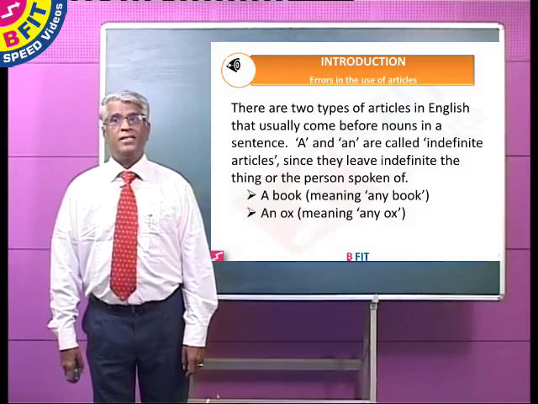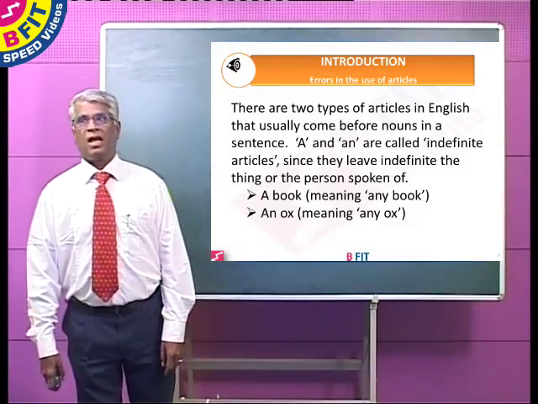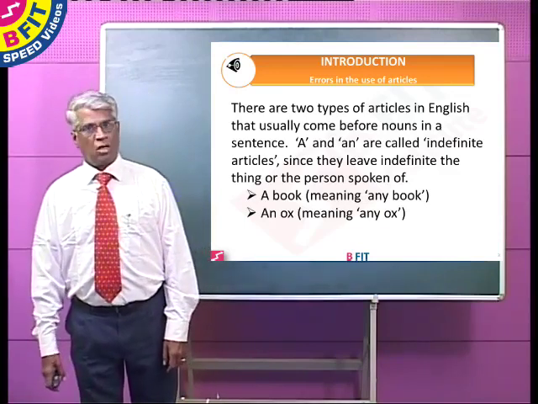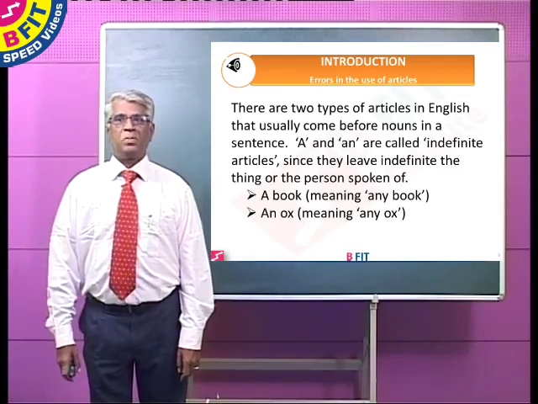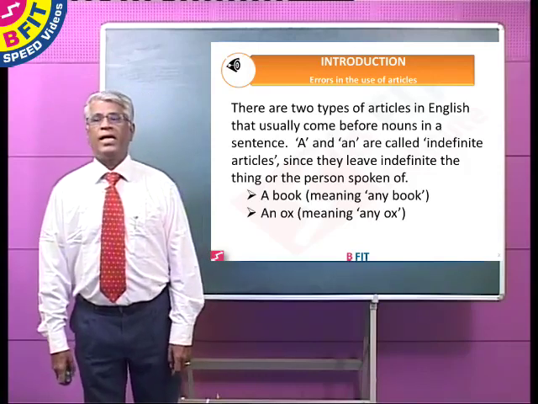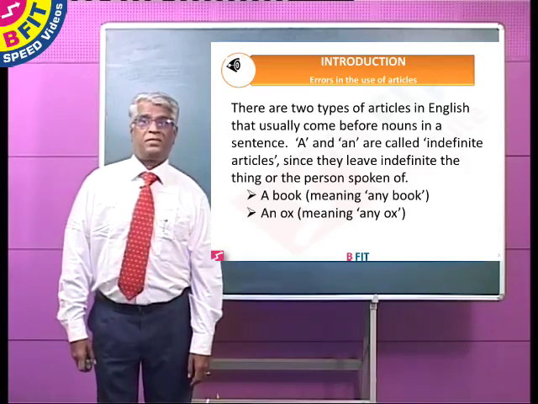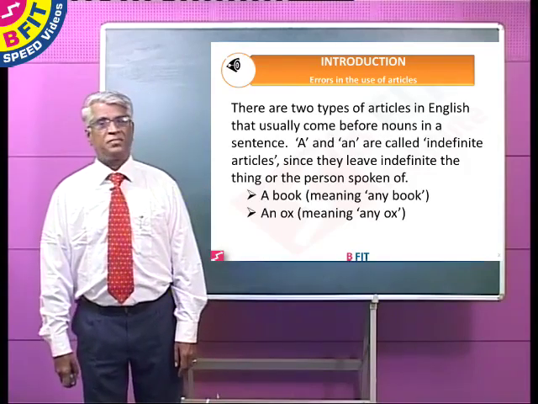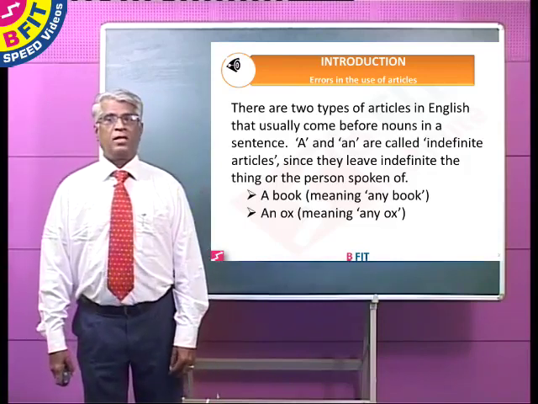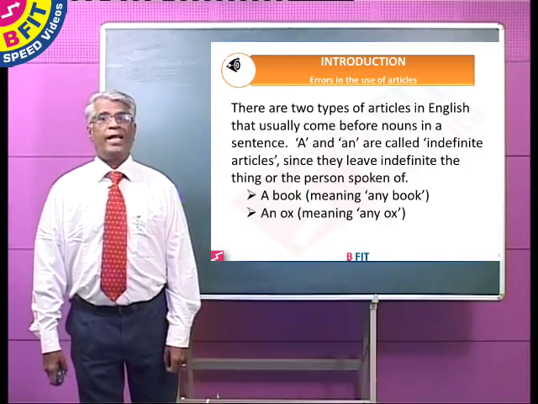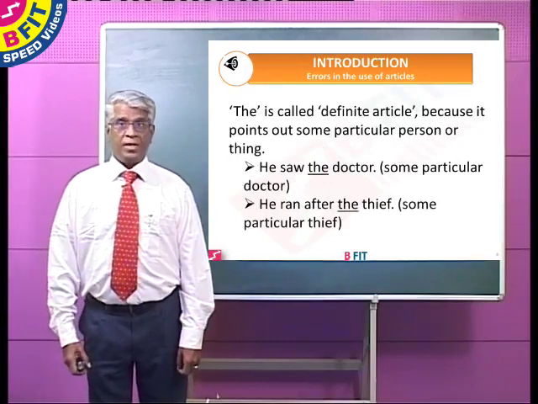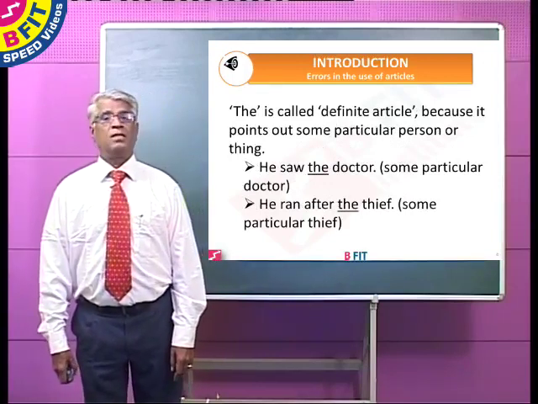They usually come before singular nouns and they don't specify any particular object, and therefore a and an are called indefinite articles since they leave indefinite the thing or the person spoken of. When you say a book, it refers to any book. An ox means any ox, whereas the